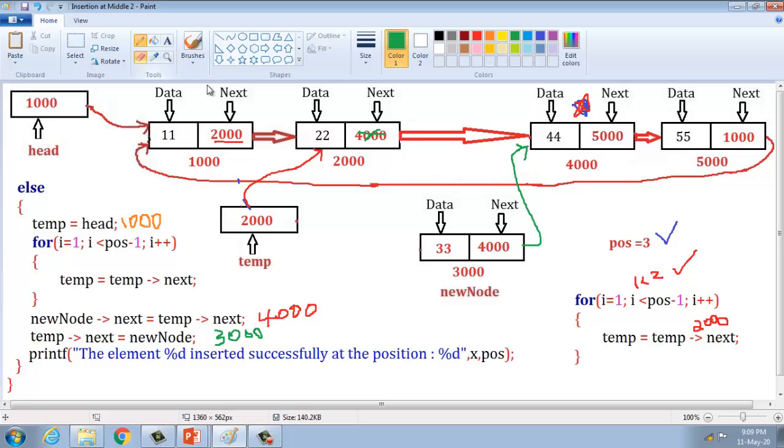This node is changed into the new node address. What is the new node address?